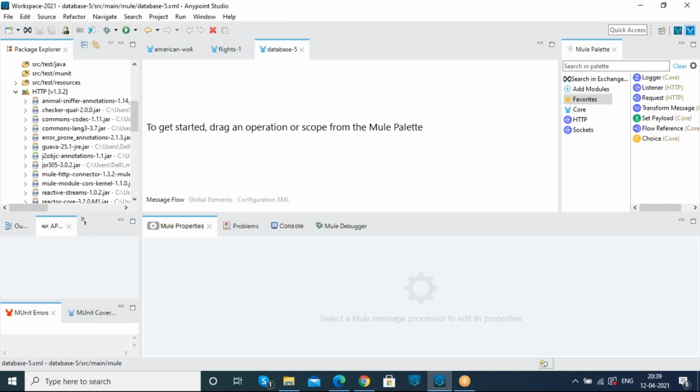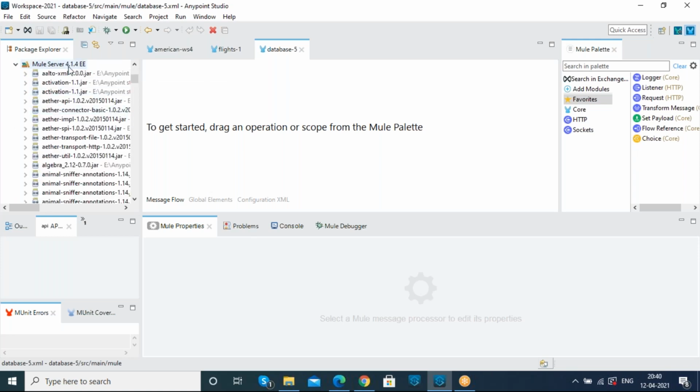Whenever we are using any HTTP connector, the jar files which persist under this HTTP act as dependency files in order to execute this HTTP connector internally. And since Anypoint Studio and the Anypoint platform are developed on the Java platform, these JRE system library jar files act as dependency files in order to execute the project internally.